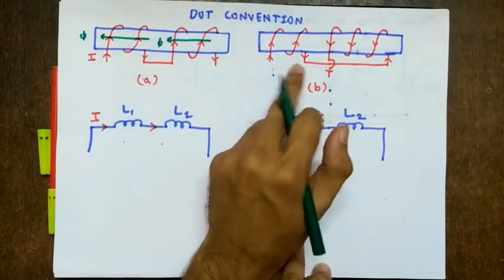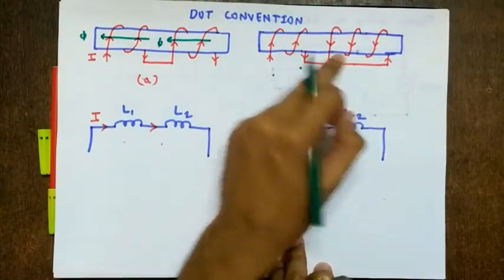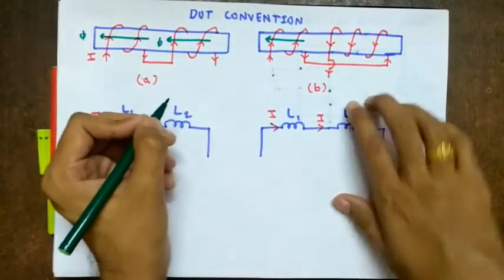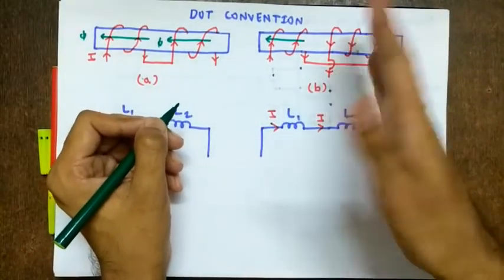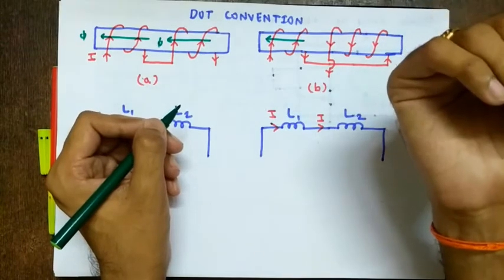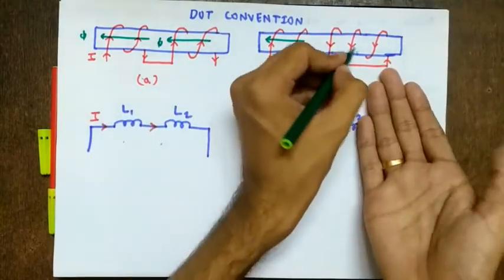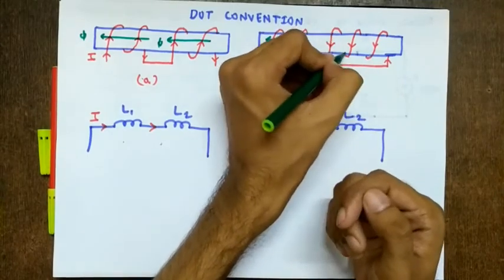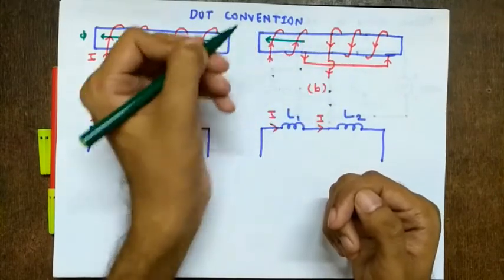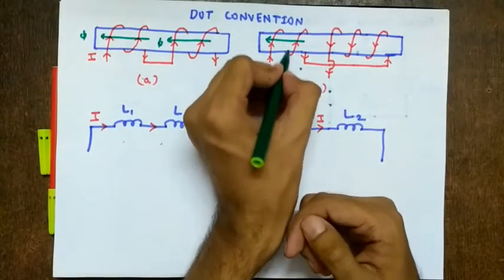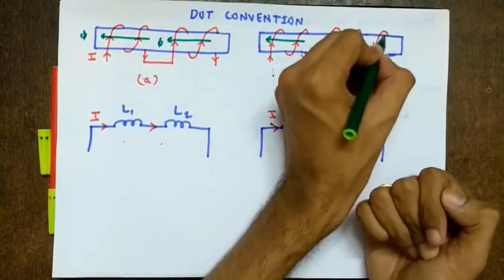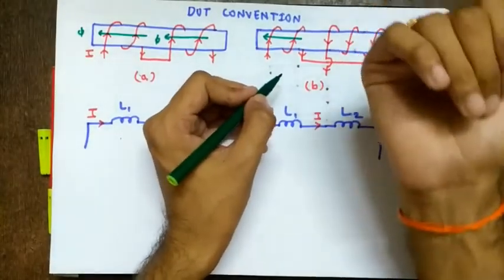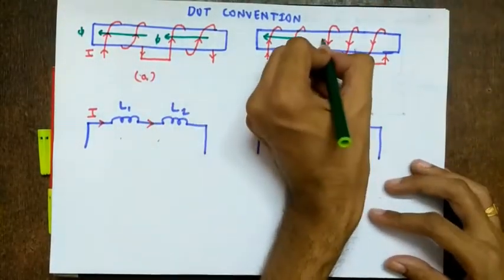But what is happening here? Here it is going upwards, here it is going downwards. So here flux is pointing left, right? But here the current is going downwards. So my curled fingers look like this. Behind it is upward. Are you getting this? Yes, since above it is going downwards, behind it will be upwards, right? You see, it is going like this, then going through this path, coming like this, then behind it has to go upwards. So behind upwards, like this, and the thumb now points in the right direction.